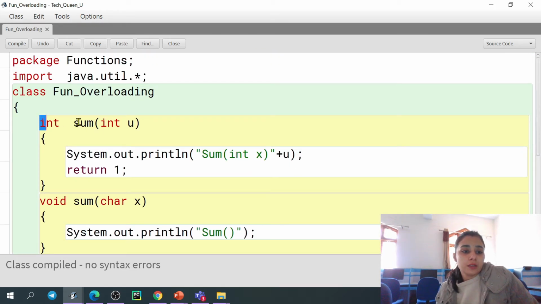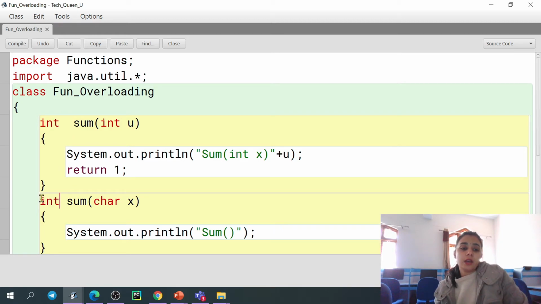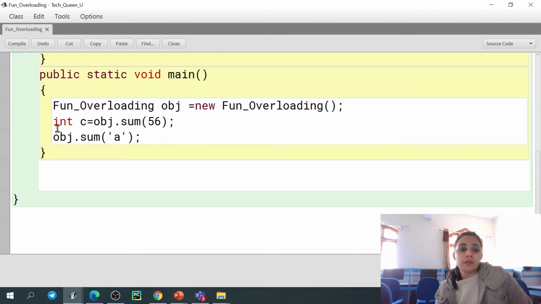So see, this is my function that we are creating, and we are giving the return type integer, and here the return type is not. The return type is not affecting this. The return type can be different, can be same, it can be void, it can be int, both can be the same integer. Nothing will happen.